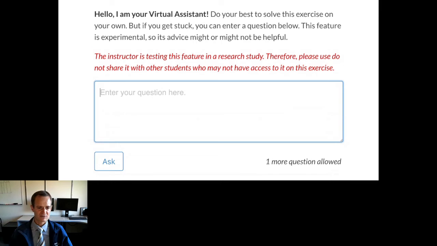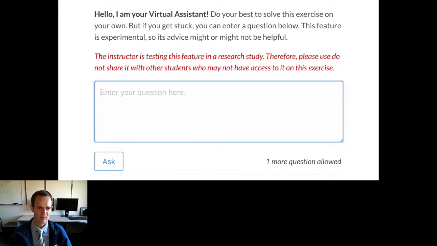And then we tried as well as we could, because these students in group A and group B were taking the same course at the same time, to encourage them to not let somebody else use this feature for their code if they didn't have access to it themselves, to try to reduce the amount of noise in our study. We gave them up to 3 or 4 interactions that they could have with the model, and we instructed the model not to give them the answer, but to try to help them move one step forward in the process of solving these exercises.